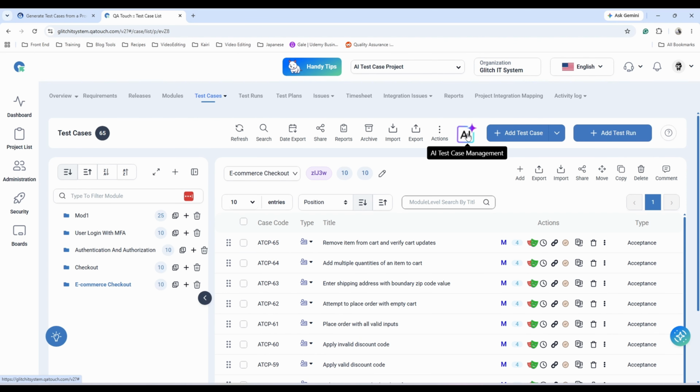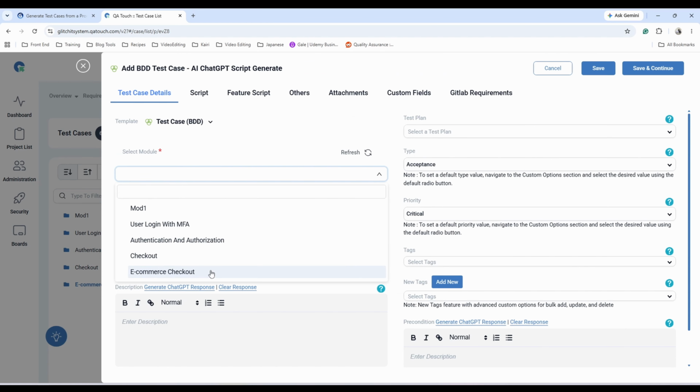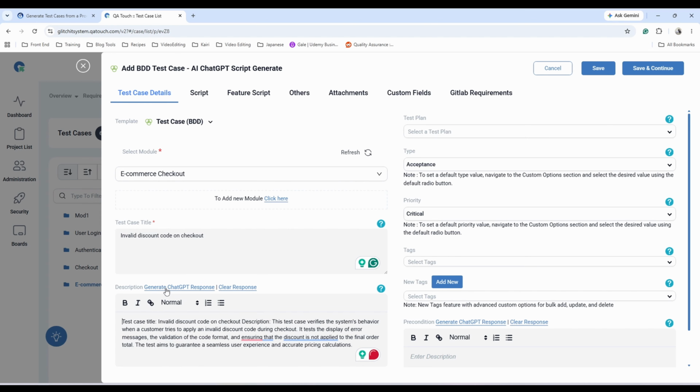And now let's flip over to the BDD. So you can go down here, add BDD case with ChatGPT. Let's select a module. I'm just going to choose e-commerce checkout. And I'm going to call this test case invalid discount code on checkout. On the description, you can see I can generate ChatGPT response here, and it automatically just generated a response in